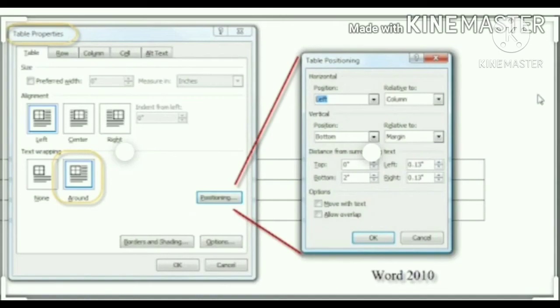Second method, first one, click the Insert Table option. The Insert Table dialog box appears. Second, type the number of columns and rows you want to insert in your table. Number of columns is 5 and number of rows is 2. Third, now click on the OK button. Your table is inserted. Fourth one, you can enter the data by simply typing in the cells.